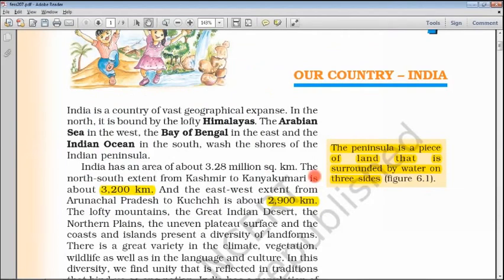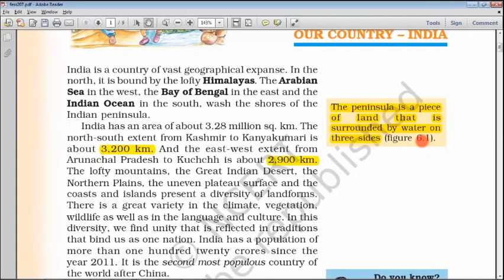Now we are looking at the 7th chapter, which is our country, India. So we will be learning about the basic but very important facts about our country, India. So what is the size, what is the geographical extent, what is the population, such kind of general information about our country. So India is a vast country, we all know, and what are the surrounding